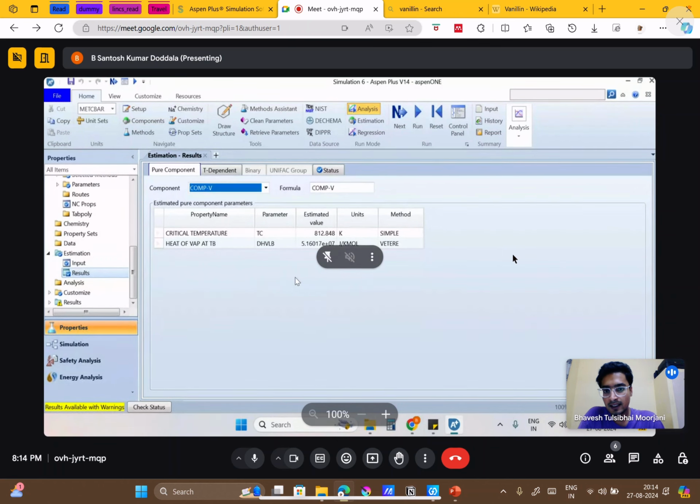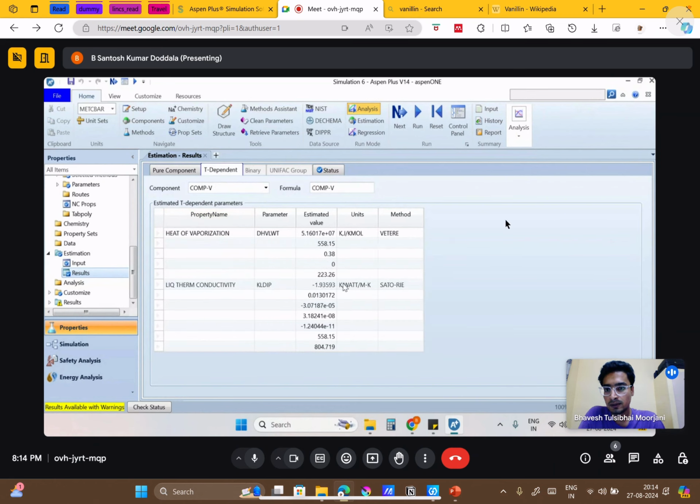So results are here. It has calculated TC, heat of vaporization, for pure component. Click on T dependent part on the top tab. There are two values in pure component. In T dependent, you can see the heat of vaporization and liquid thermal conductivity.